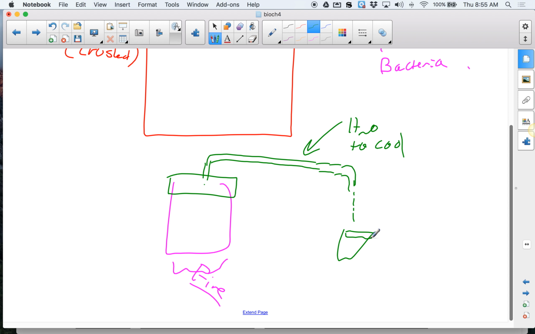Could you, instead of putting it in a mason jar, put it in another container and boil it again? Yes, actually you could. That would be called a second distillation. So higher proof things like whiskey, they may do a second distillation where they take that and boil it again, and then more of the water will be left behind. It will be a pure form of ethanol. And they'll do that in the ethanol plant too. They will want a higher percentage of